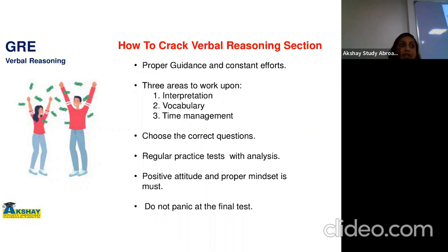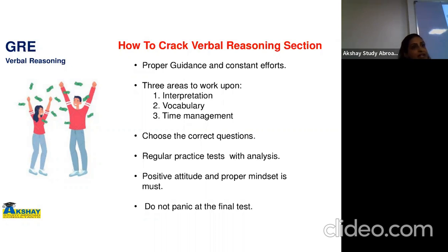We discussed that your comprehension ability has to be good. You must be able to comprehend and understand a given text or passage correctly and clearly. There should not be any confusion. And you must be able to do this within a given period of time. You must be able to reason the information. You must be able to establish links amongst those sentences. So your reasoning skills, that is interpretation skills, must be good.